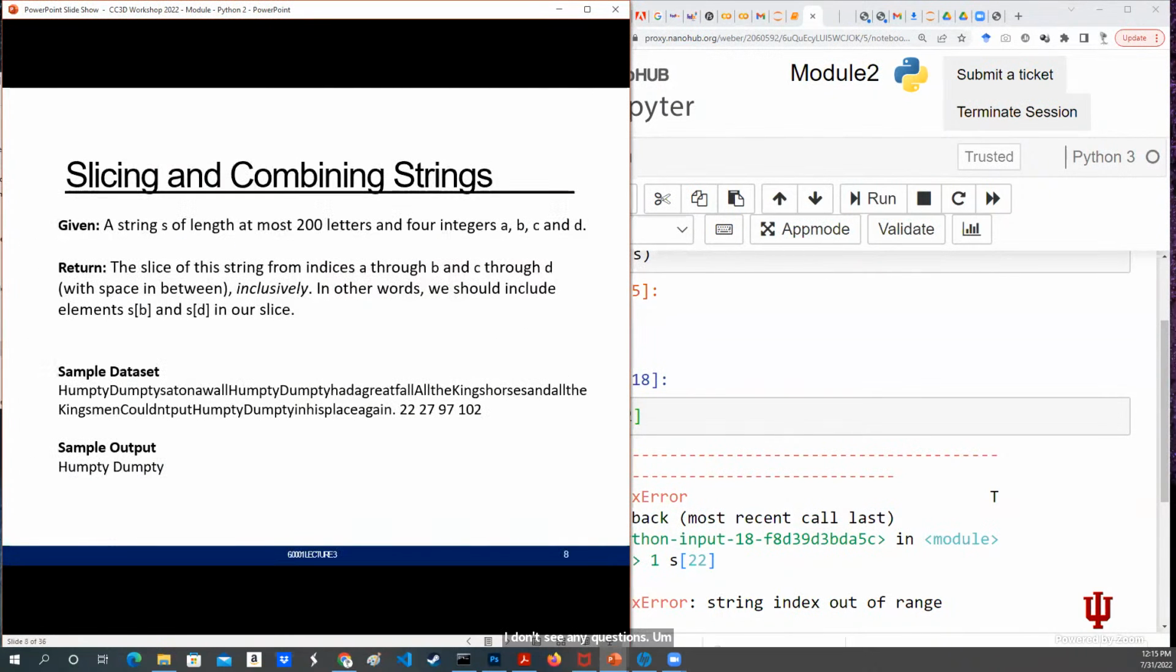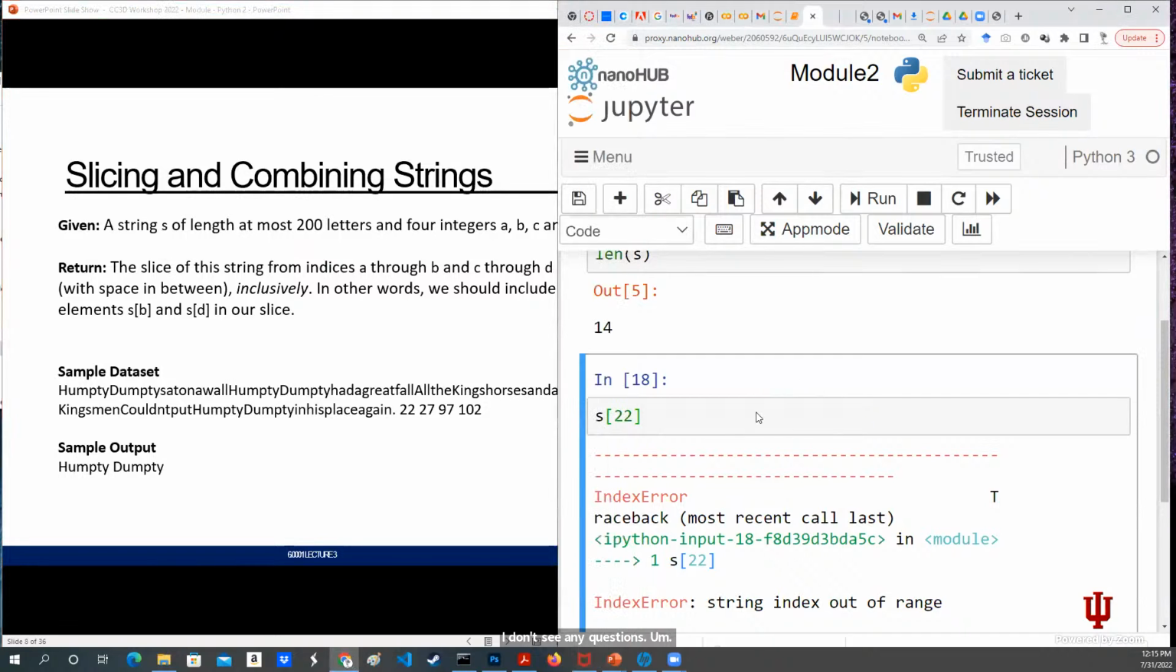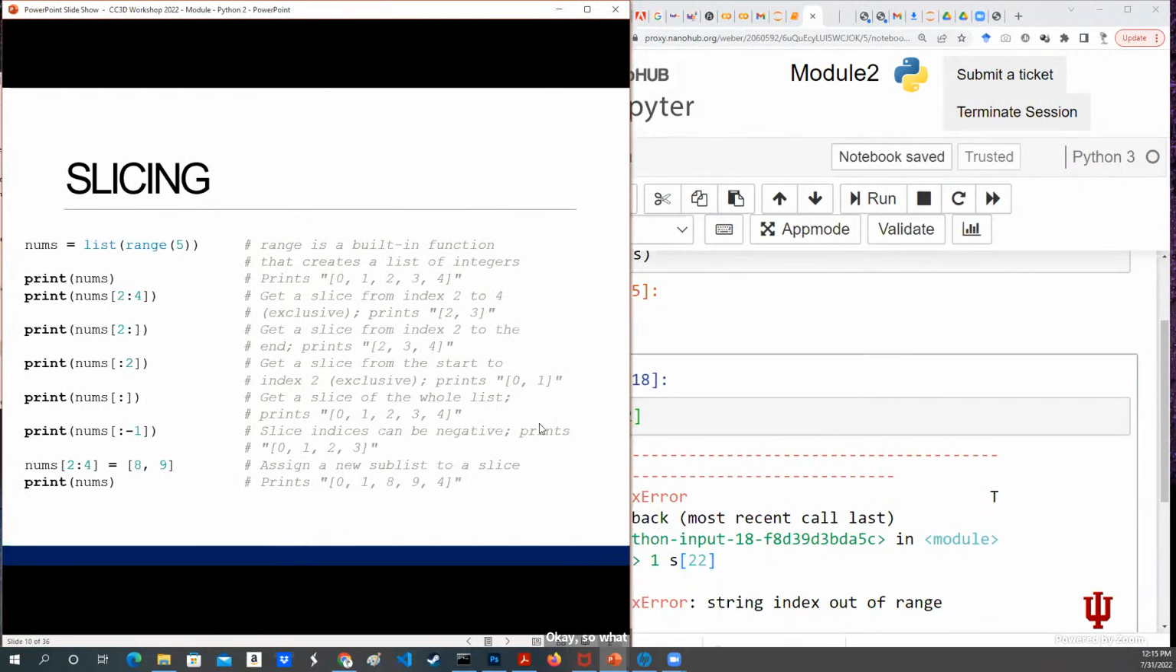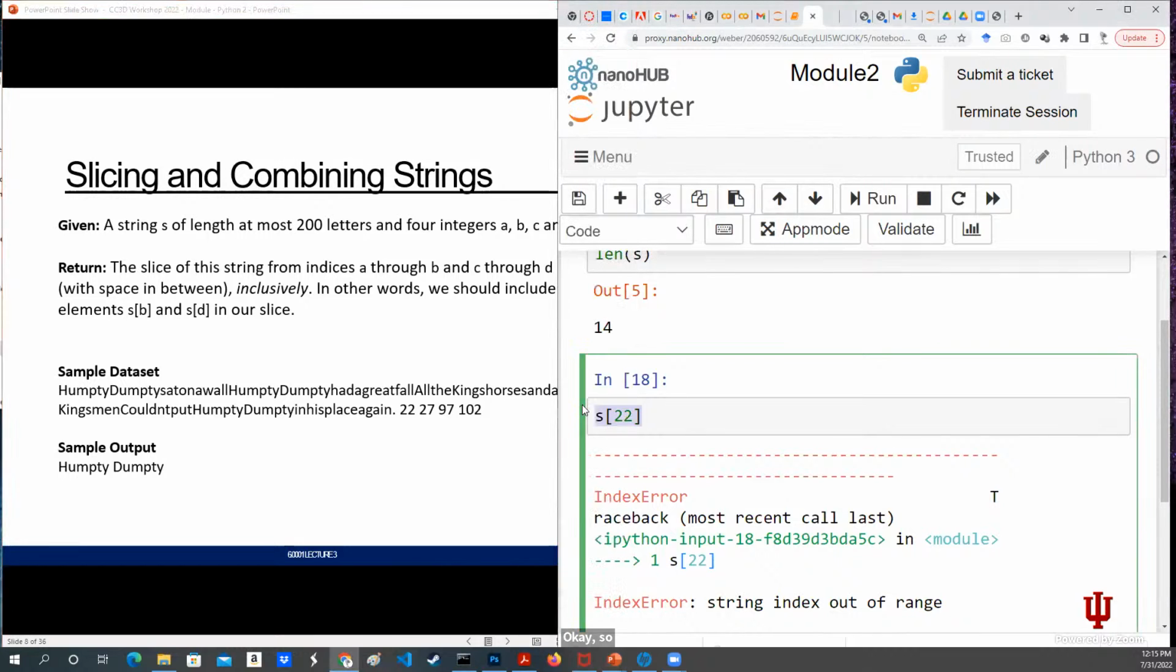Let's take a look at this first problem. Given a string S of length about 200 characters and 4 integers, A, B, C, and D, return the slice of the string from indexes A through B and C through D inclusively. So, I'm going to call S2 equals